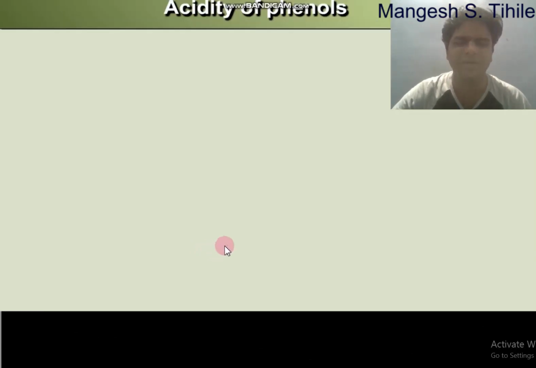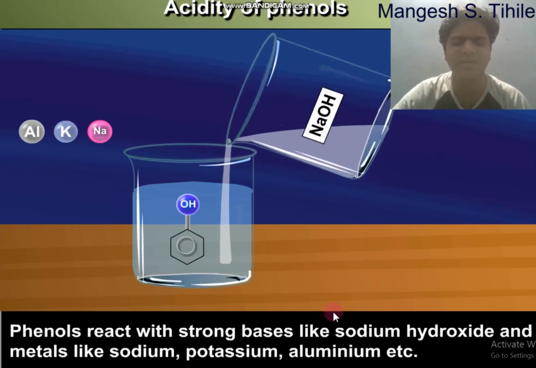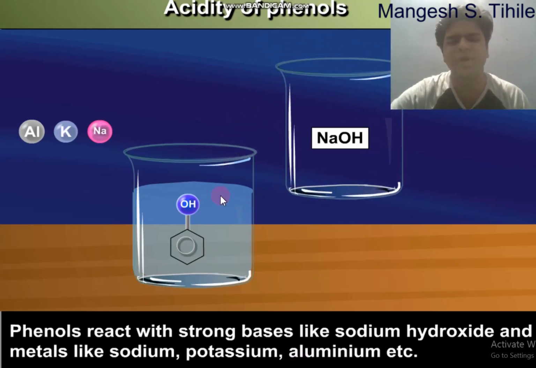Now the acidity of phenols. We are going to see how it is acidic. See, phenol reacts with NaOH. NaOH is nothing but a base, and phenol is also known as carbolic acid. Why is it known as carbolic acid? Because it has a tendency to donate the H positive ion. According to Lowry-Bronsted, those compounds that have the tendency to donate H positive ion are known as acids. So an acid-base reaction occurs when NaOH mixes with phenol, and therefore a neutralization reaction occurs.